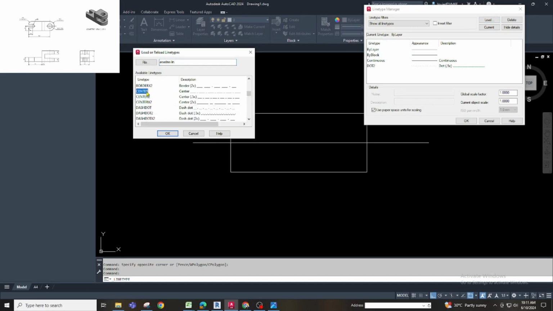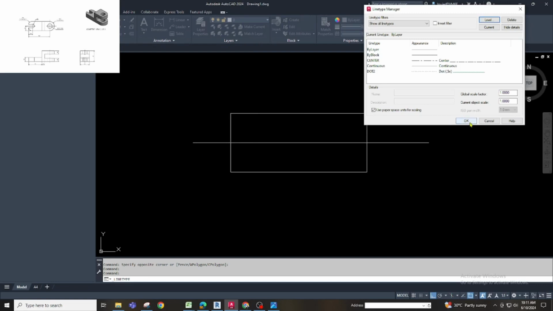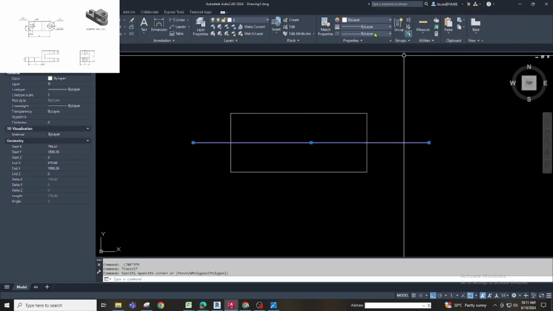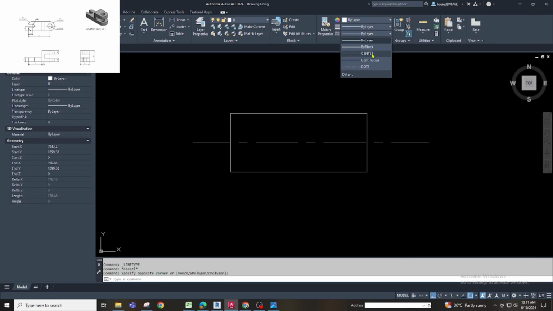We can choose center, 5 times, 2 times. Let's say I will choose this one. Okay, then we have here already center line.